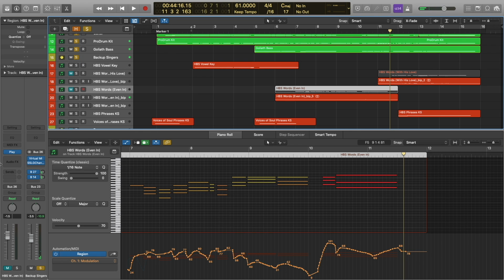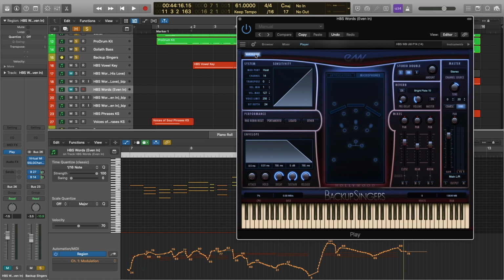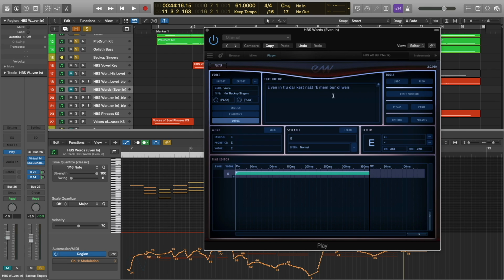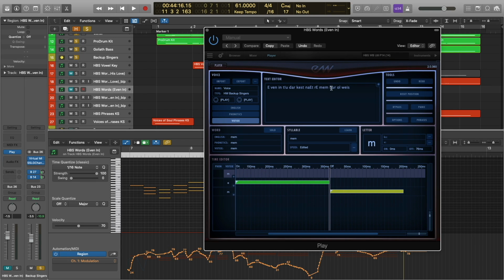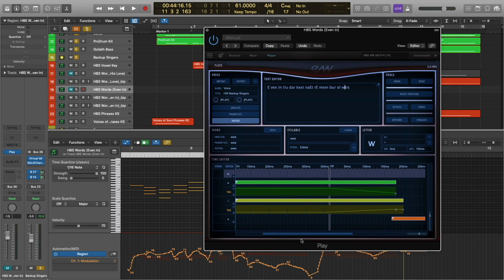And let's check out the word builder programming once again. So they are saying, remember always. And this is how I've got it programmed here. So you can see all the settings.